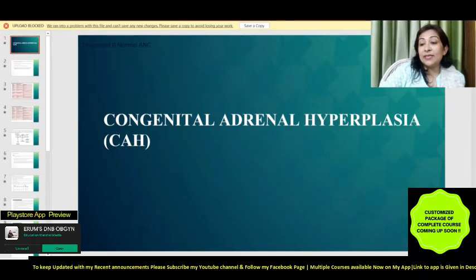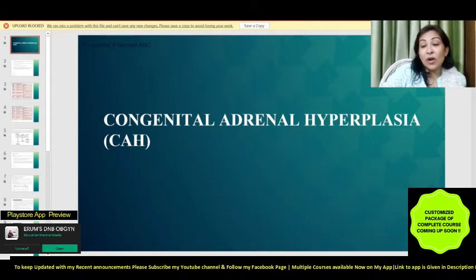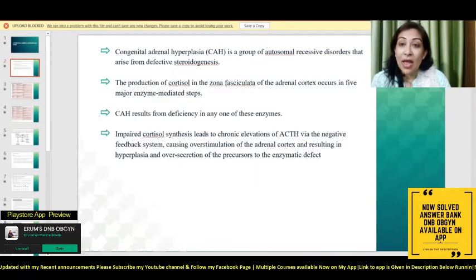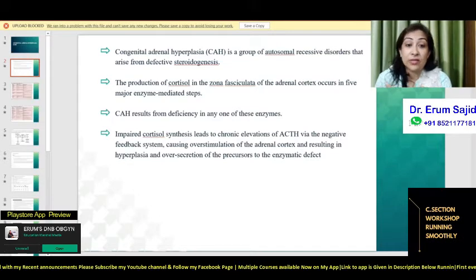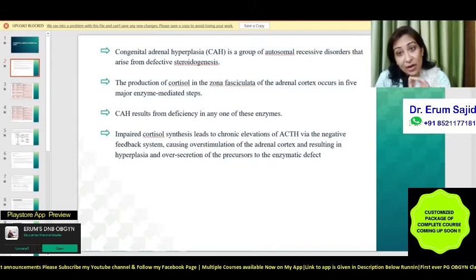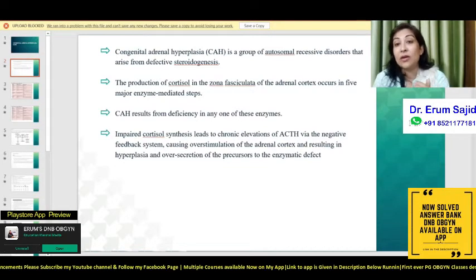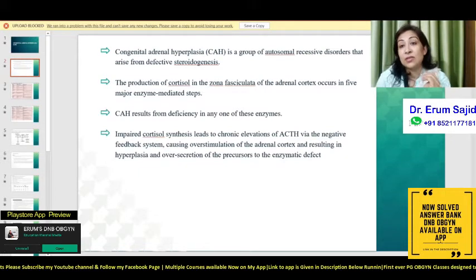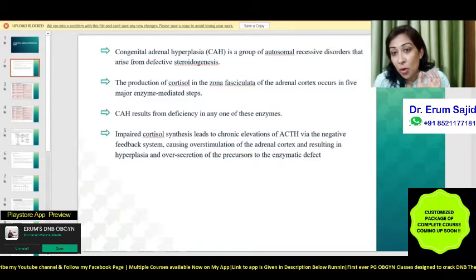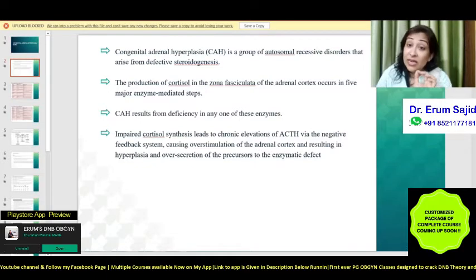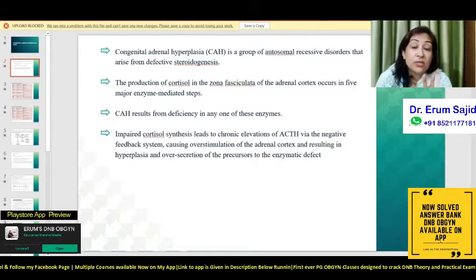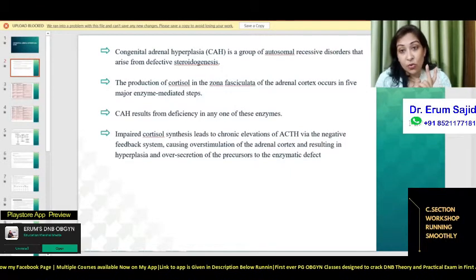As it says that there is adrenal hyperplasia in this case, so what exactly is the physiology behind it? See, it's basically an autosomal recessive disorder, and that's nothing but actually defective steroidogenesis. So I'm just skipping these two and I'm going to the last. If there is a defective steroidogenesis for whatever reasons, the enzymes are not present, there is congenital deficiency of the enzyme, or there is some other fault, the cortisol is not being synthesized properly. This leads to chronic elevations of ACTH, the hormone that controls the synthesis of cortisol, via